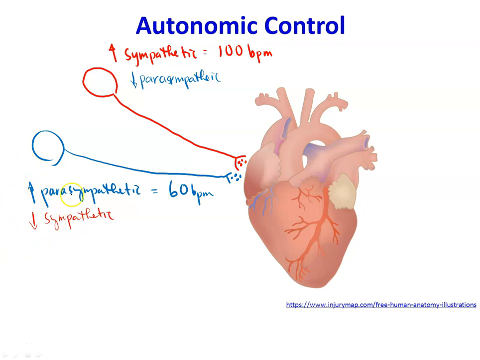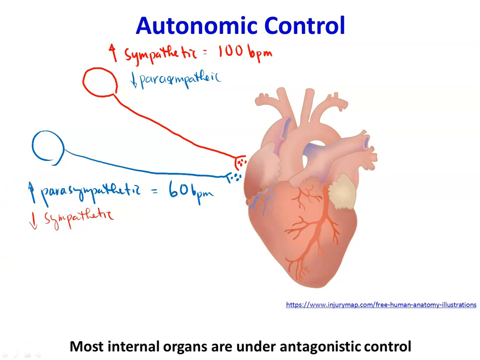Now this arrangement of one upregulating and the other downregulating an organ is something called antagonistic control. Now, a lot of times when I start talking about antagonistic control, some students will get confused because of this word antagonistic, right? We use it for an antagonist, something that binds and blocks a receptor. That is a small picture